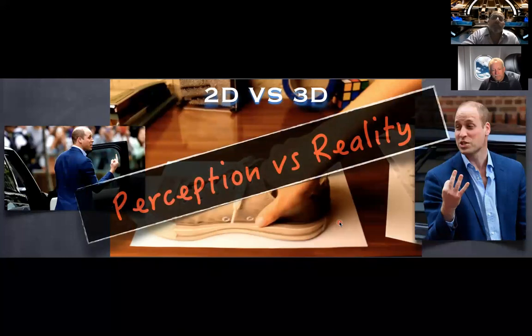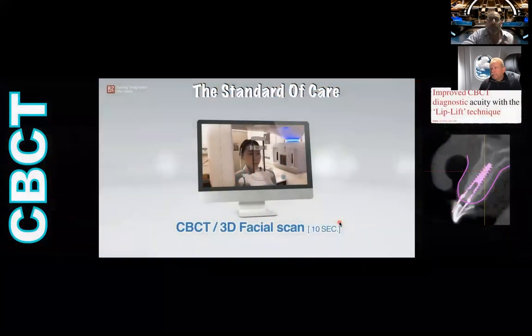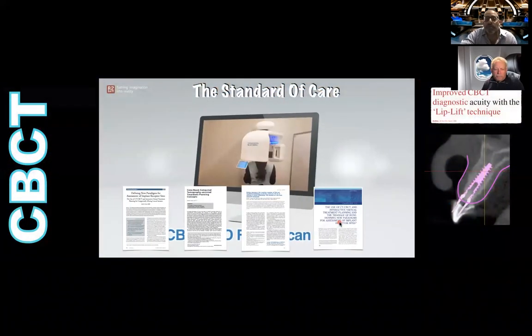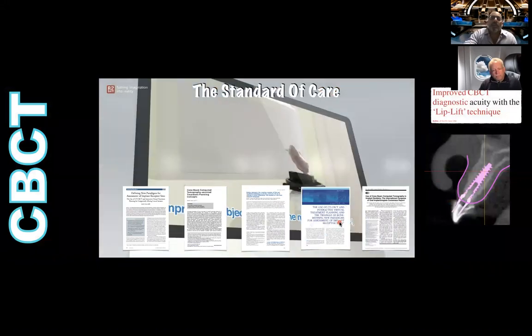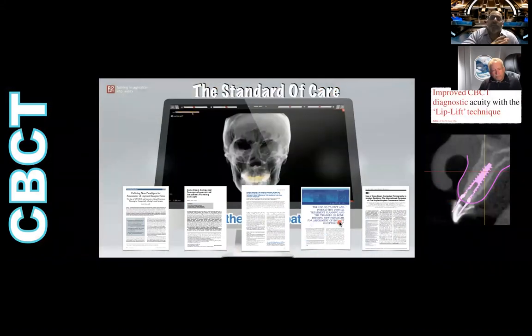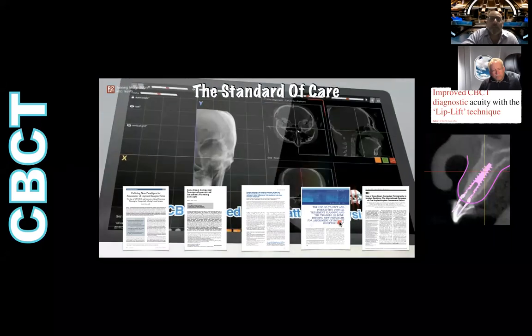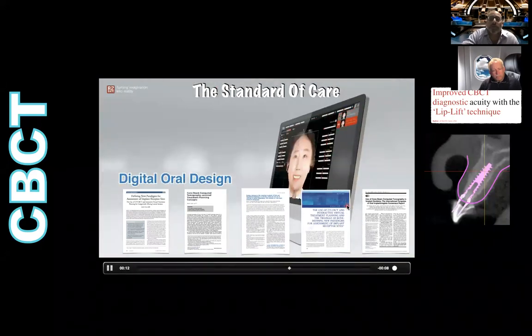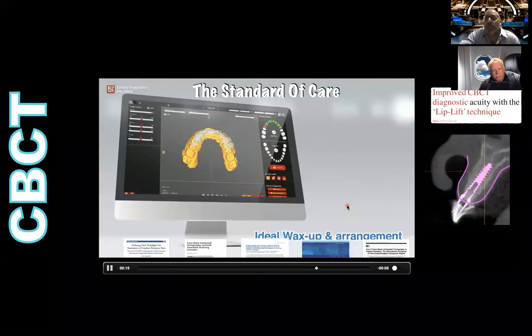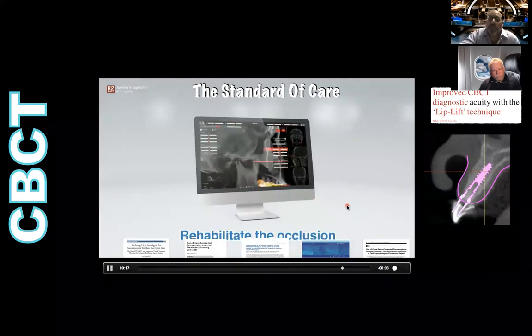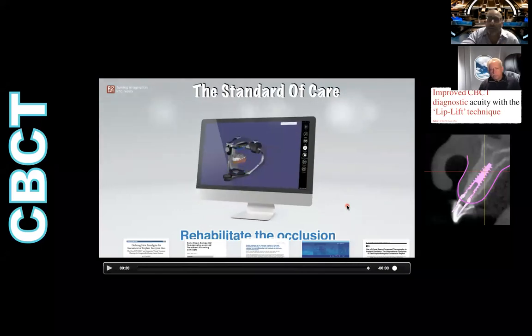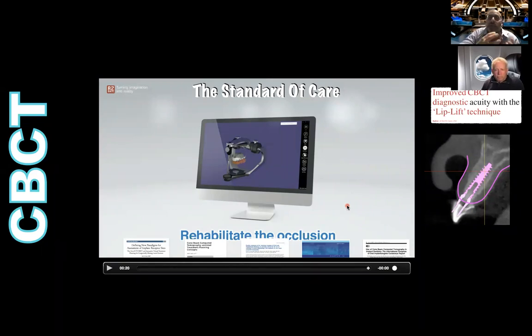And so we need something that's going to give us a more 3D perspective of what we're doing so that we don't have this problem of perception versus reality. And the AAMOR has felt that this should be the standard of care and is the standard of care. And we are doing more and more work with these cone beam devices so that we can have these 3D technologies. We can do digital smile designs. We can do facial scanning. And once we have all the information at our fingertips, then we can go ahead and assess